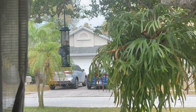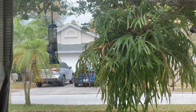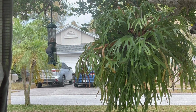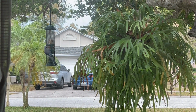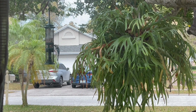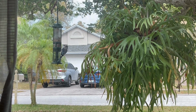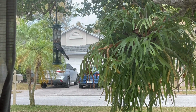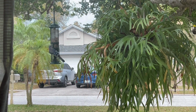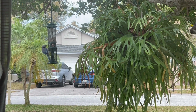For a bit, I need to log in to my app and record what birds I've seen, because I record birds for Cornell. It's this view of the staghorn that made me think it needed more water. I just need to get the brown out. Anyway, I was going to say that